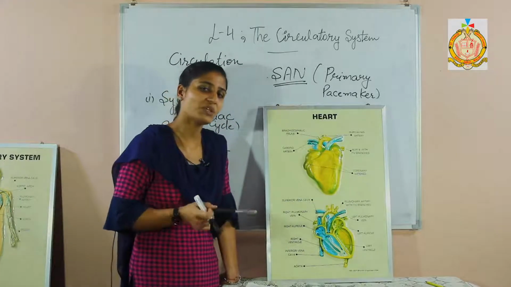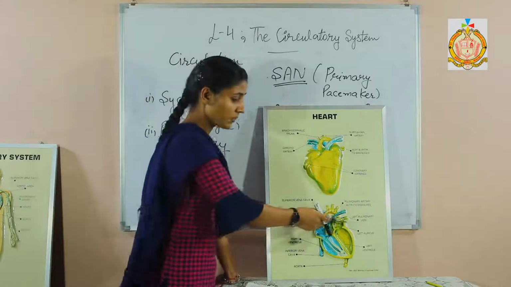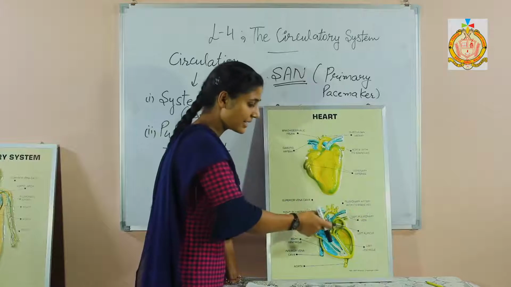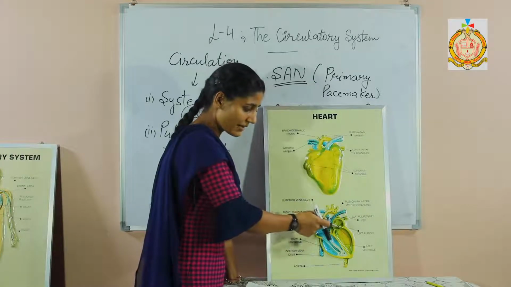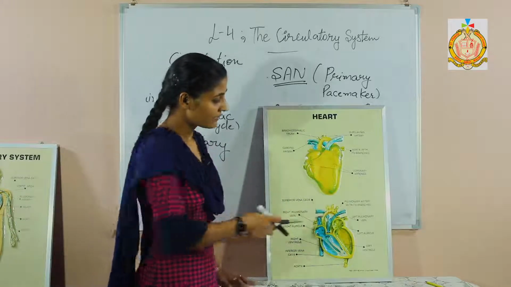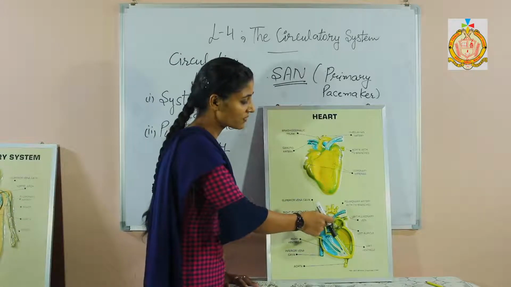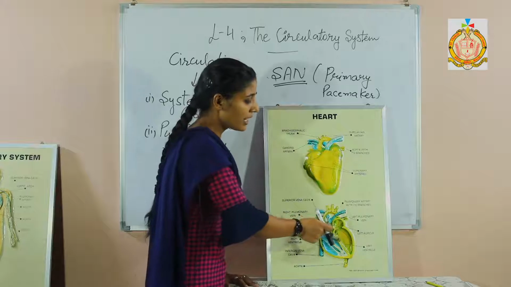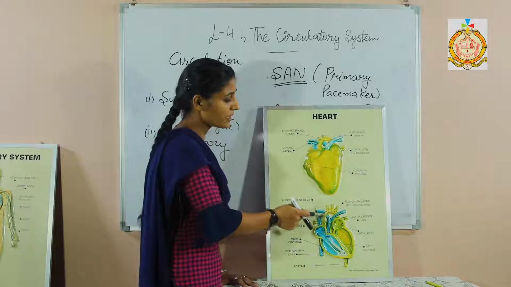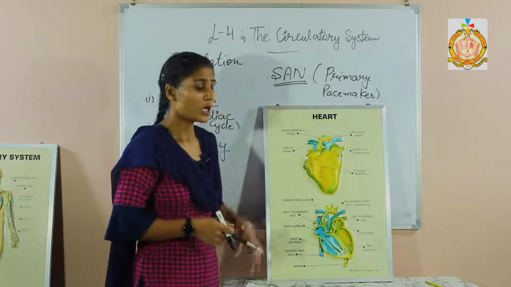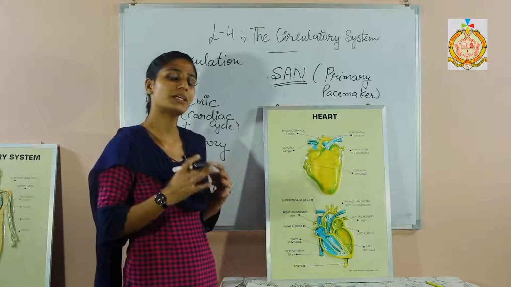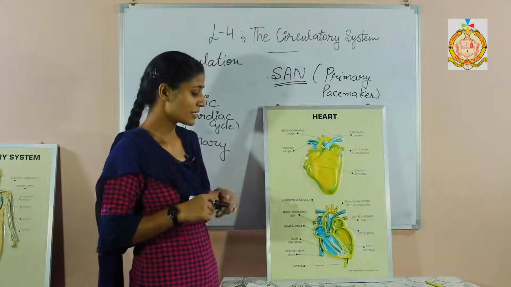And afterward, when the purification takes place, the pulmonary vein is carrying that blood from the lungs and sending it back to the left auricle. Here is the left auricle. Afterward, again the contraction takes place in the atriums, and with that contraction, with the opening of this bicuspid valve, this blood is going to the left ventricle, and from the left ventricle, the aorta is taking this blood and sending it to the whole parts of the body. Aorta is known as the largest artery of the body, because it is sending the blood to the whole parts of the body. So that is known as the largest artery.